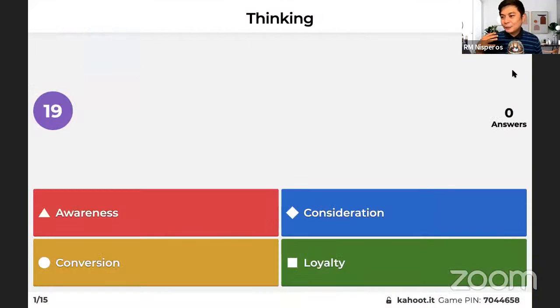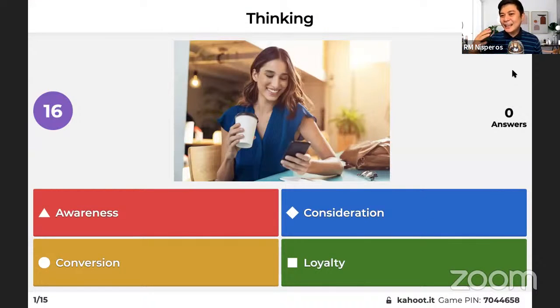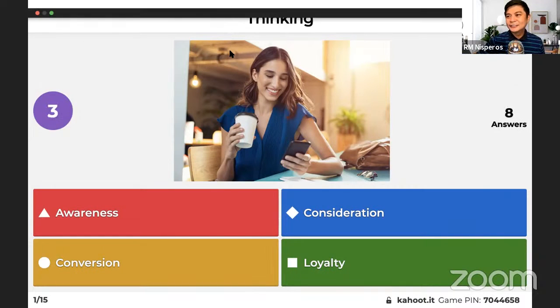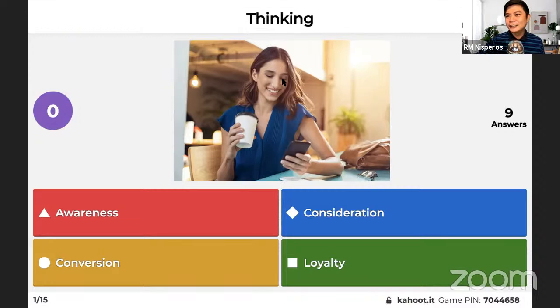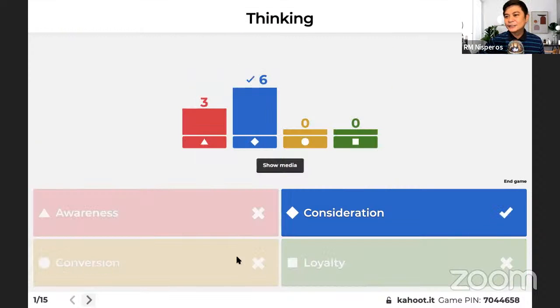So when your customers think about your product or service, what customer journey stage is that? When your customers think about your product or service, they are interested. And when they're interested, they usually seek information from you and from other sources. So that's consideration.